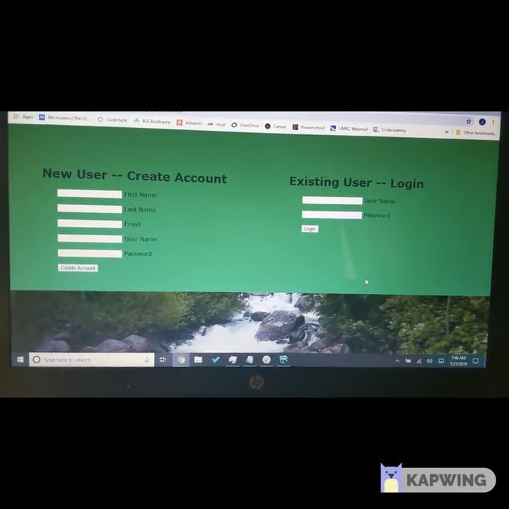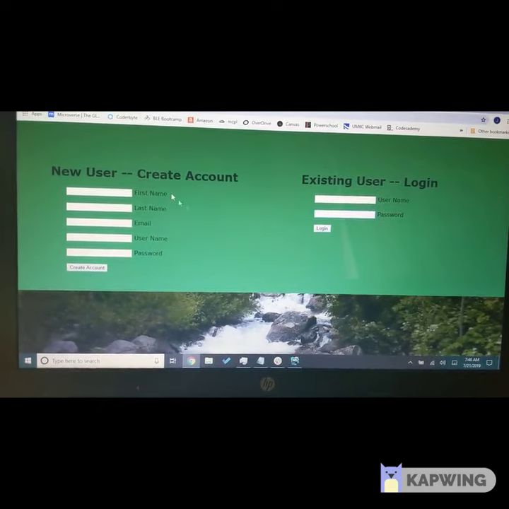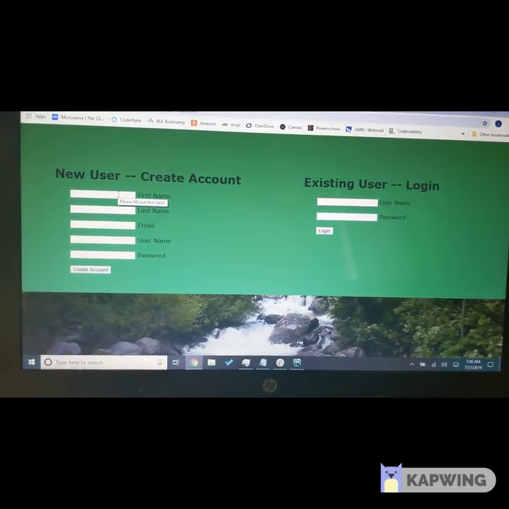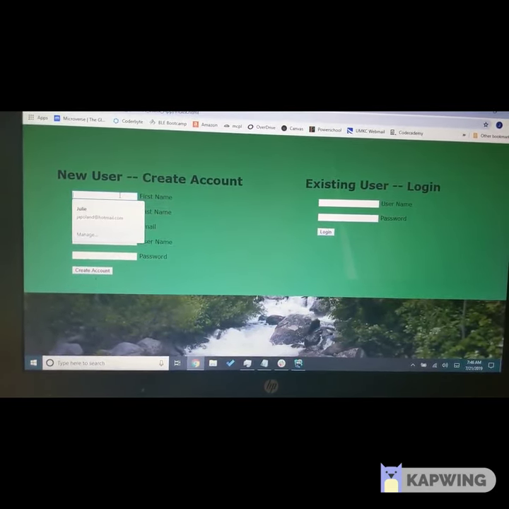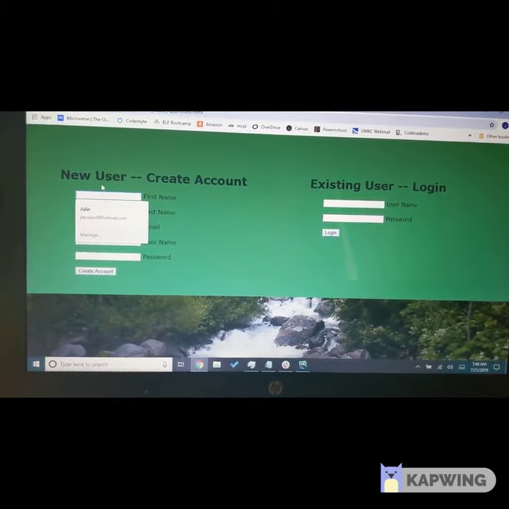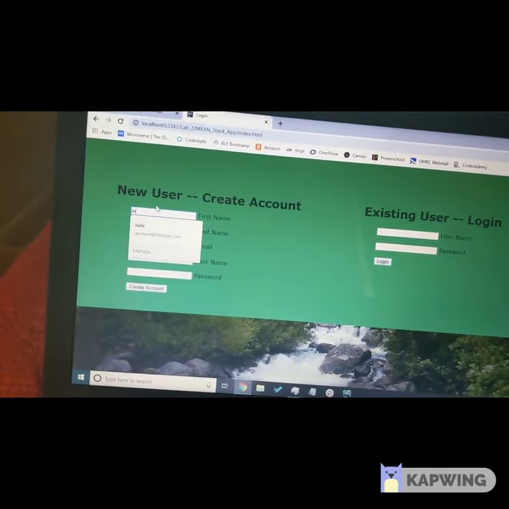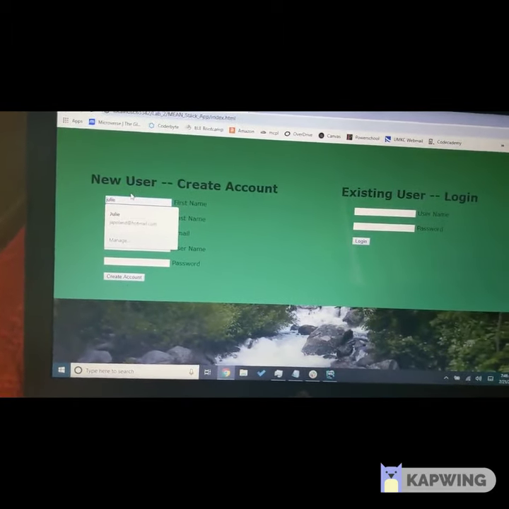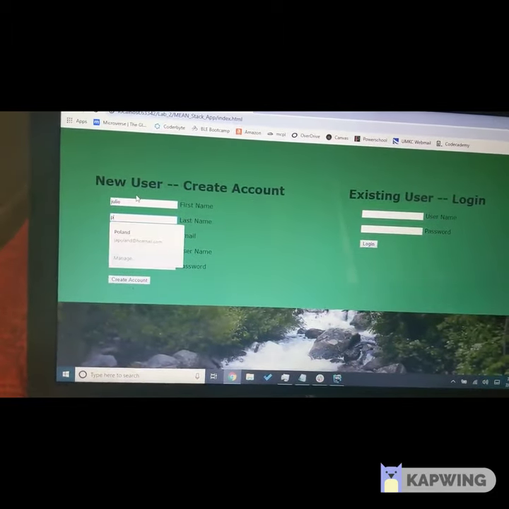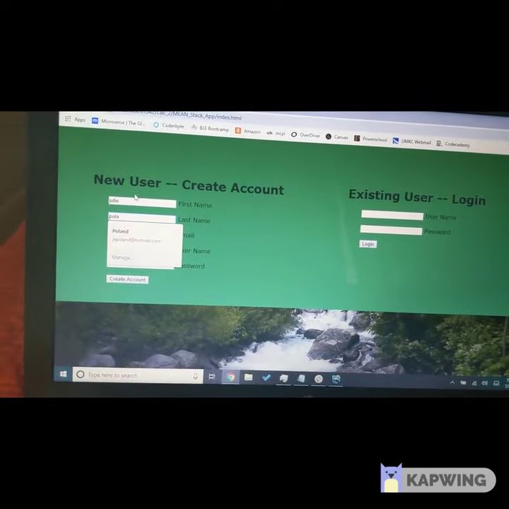This is the video for the MeanStack login application. I have a screen for a new user to create an account or an existing user. If you type in the information for the new user,